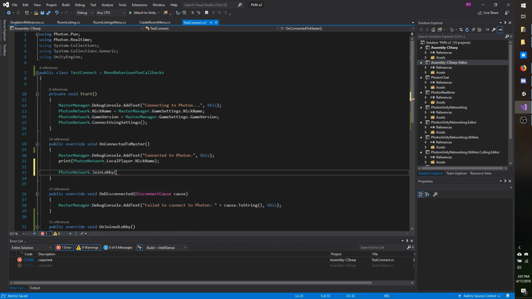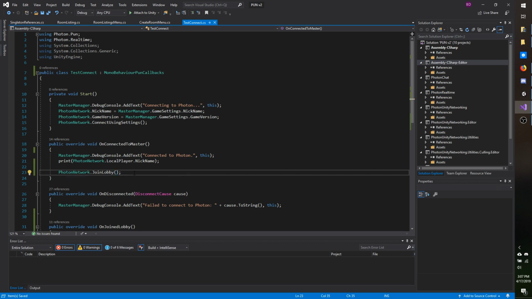So in our instance, we have to join the lobby, so that's exactly what we're going to do. So the call is really simple. I'm just going to do PhotonNetwork.JoinLobby, and if you don't pass in any arguments, it uses the lobby type as default. With that saved, I'm going to go back to Unity,